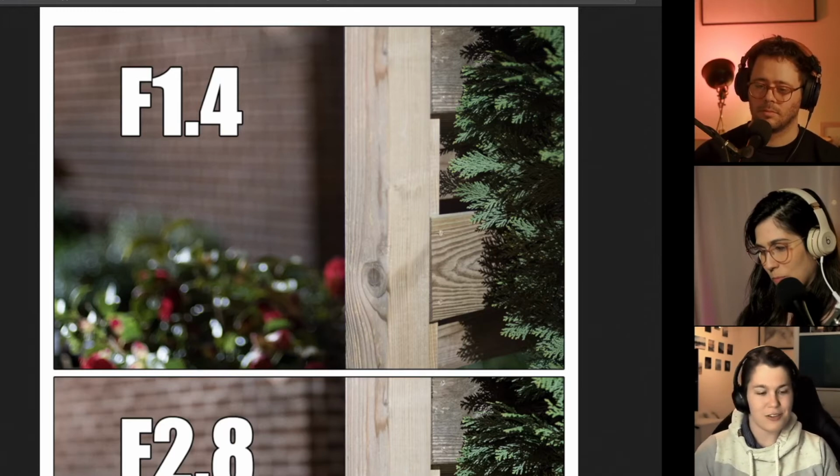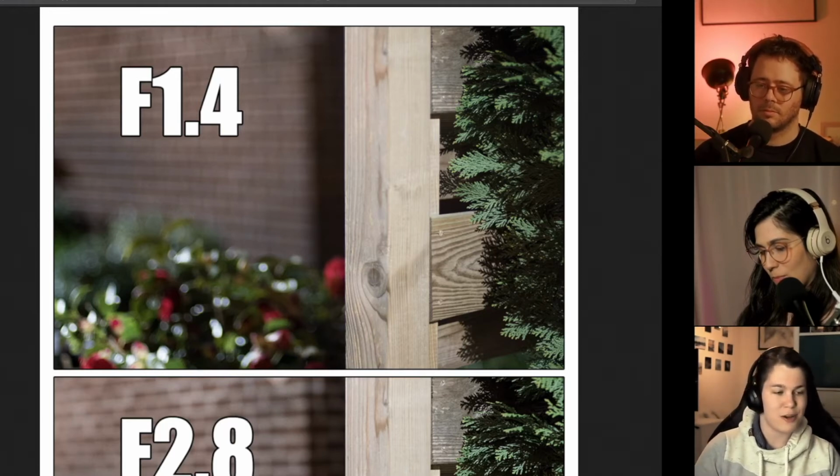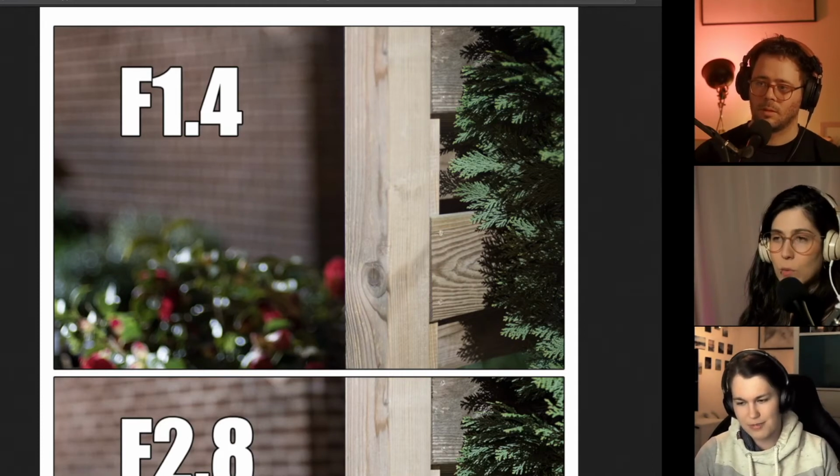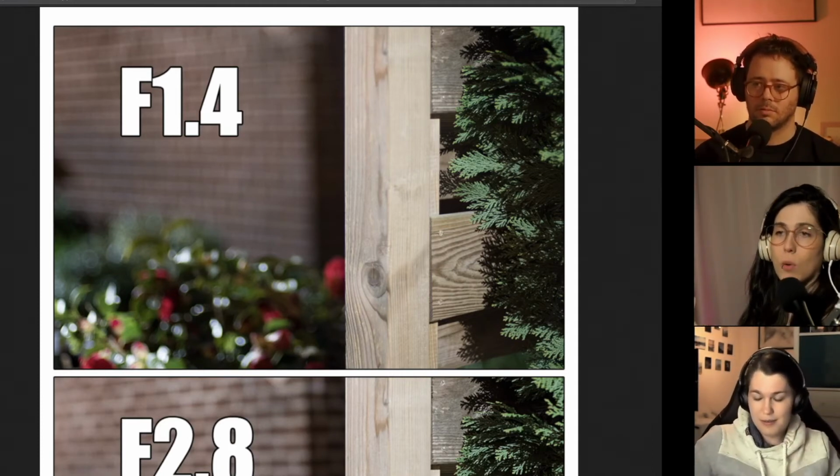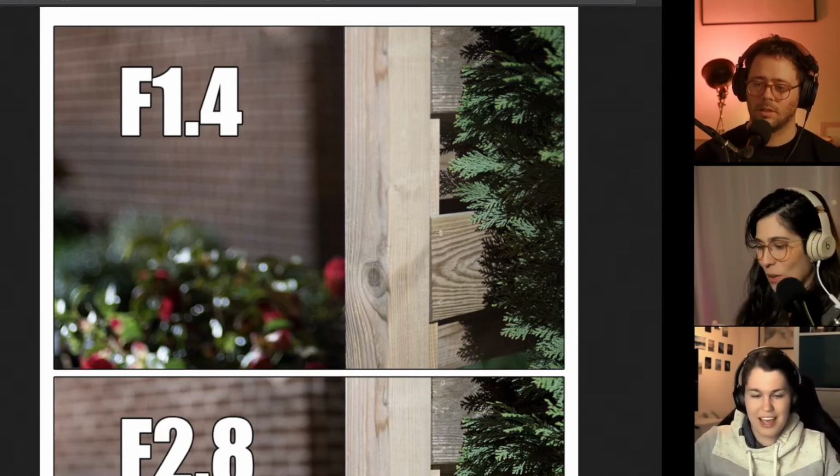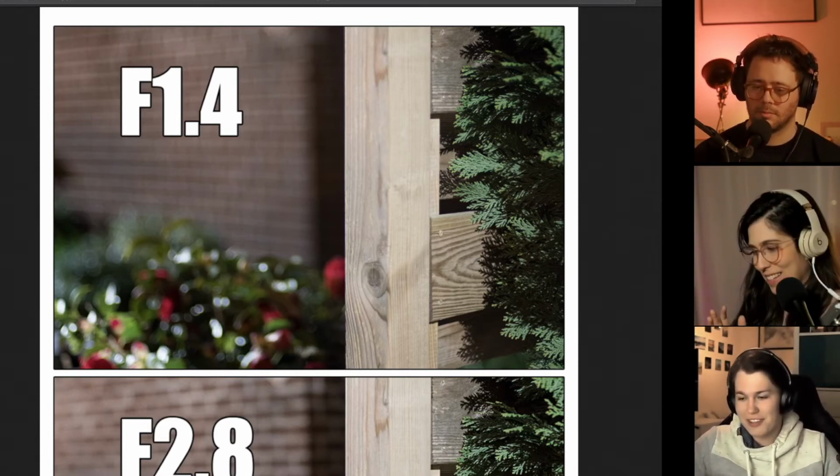But it also shows why there's no 300 millimeter f1.4 lens. Yes, exactly, because that would have to be very big, a super broad lens, like basically a telescope rather than a lens. I don't know if you want to carry this lens.